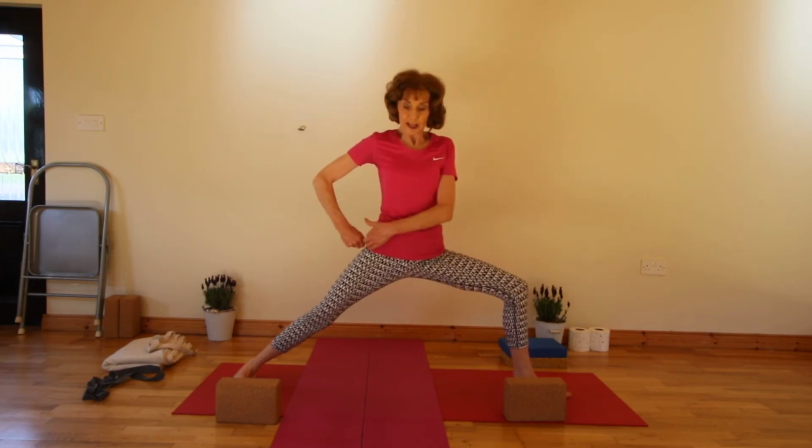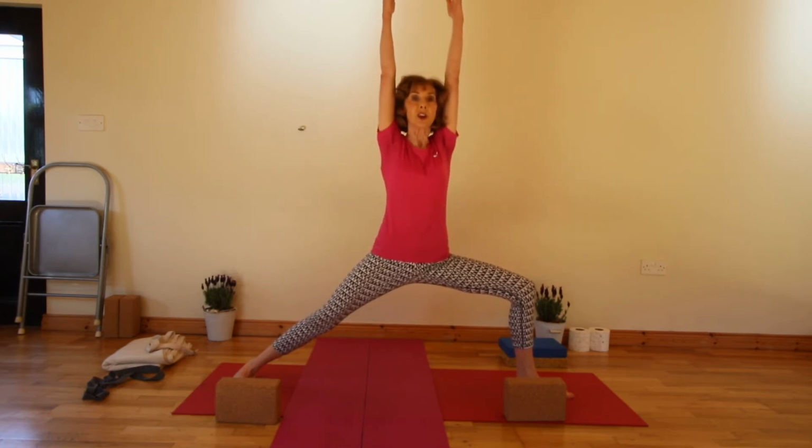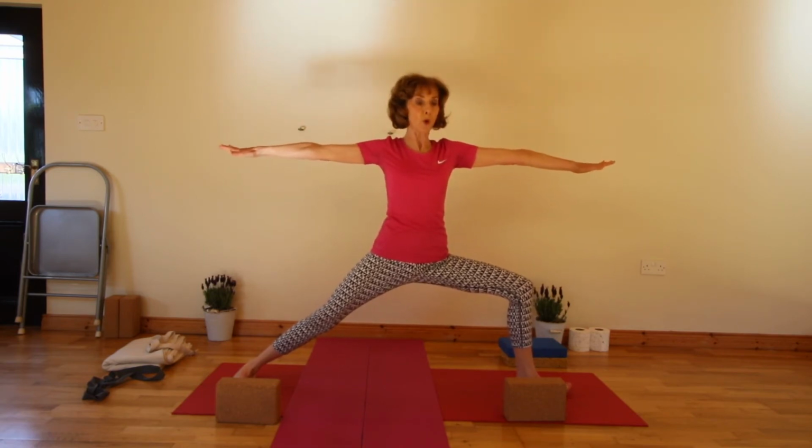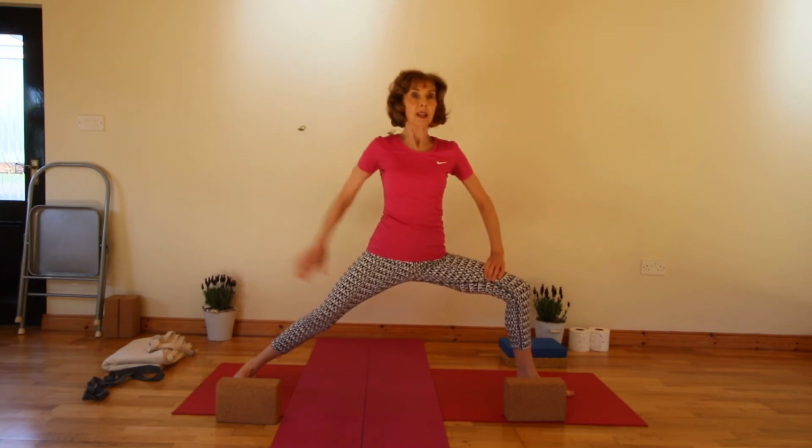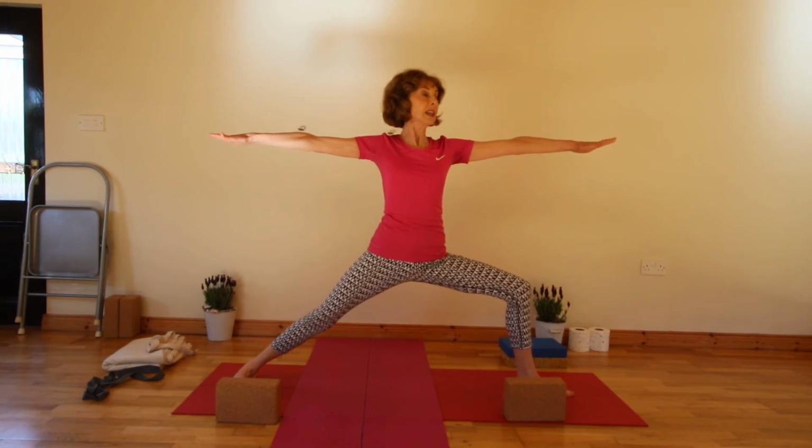Actually, take your hands down, press into this left hip here, and encourage that left hip to go over towards your right side. Your hips remain underneath your armpits. That feeling that you had in Urdhva Hastasana, you're lifting out of the hips, and then take the hands down, turn the palms over. Okay, rotate that knee to the back of the mat, suck the butt in, and then